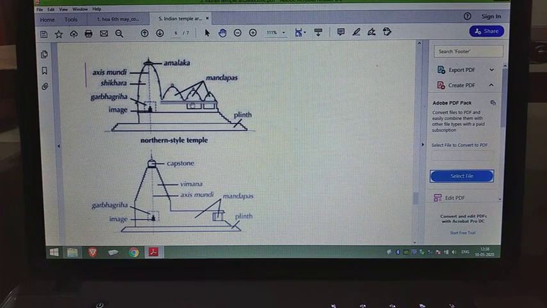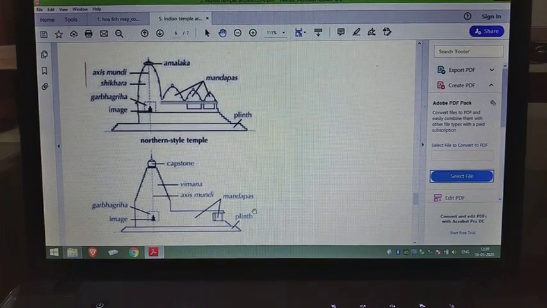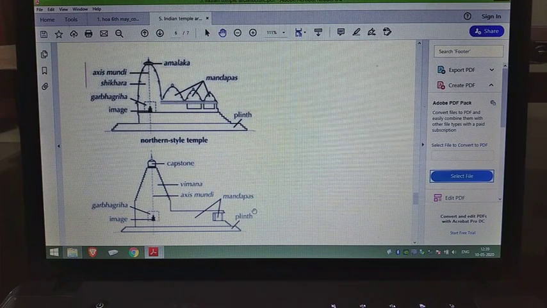Mandapa यहाँ पे क्या है? There are colonnade structures. A lot of the time there are no walls enclosing the mandapa. ठीक? And there is this plinth which is sometimes बहुत high होता है इसका. South Indian style में, since there are a lot of complexes, there are walls underneath, walls के ऊपर walls हैं. So the need for leveling is not the same. थोड़ा सा difference है उसमें.